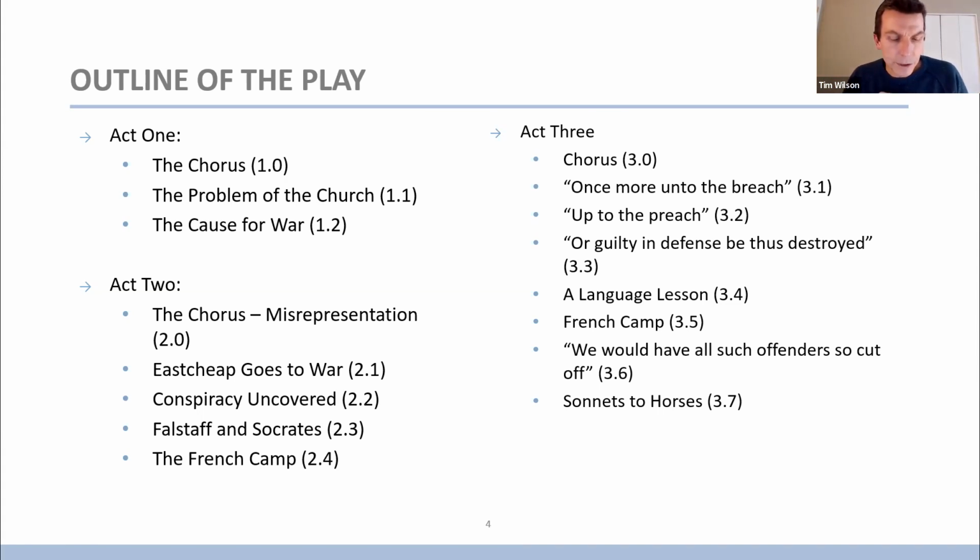In Act 1, Scene 2, before Henry sees these French ambassadors that have come from France to bring a message, he demands to know if his claim to the French throne is legal. And the Archbishop of Canterbury explains at great length in a long and tedious speech how Henry's claim is, quote, as clear as the summer's sun.